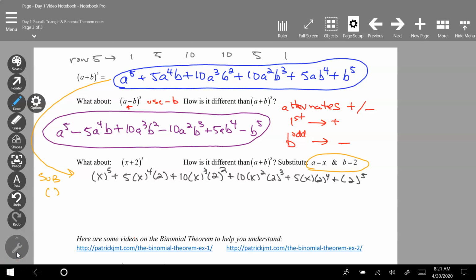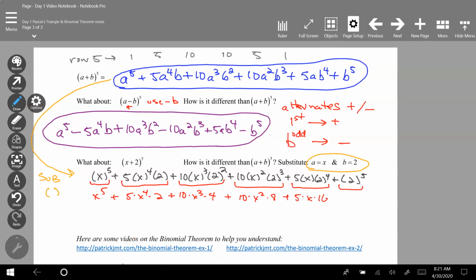So all I did was rewrite this problem and get rid of all the a's and b's and put in the x's and the 2's for all the a's and b's, and I use parentheses. Now I'm just going to simplify it. For me, I do each term by itself, and if I have to, I use my calculator. This becomes x to the 5th plus 5 times x to the 4th times 2 plus 10 times x cubed times 4 plus 10 times x squared times 8 plus 5 times x times 16 plus 32, and when I'm done,